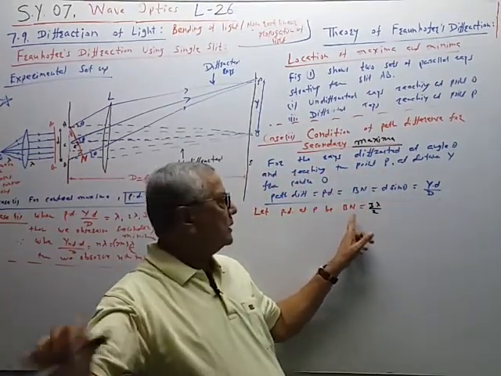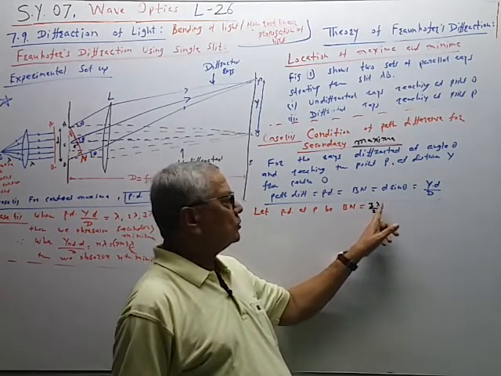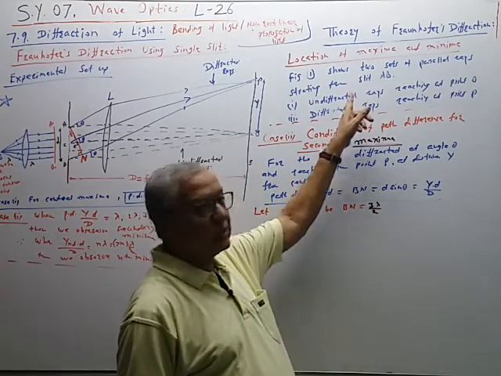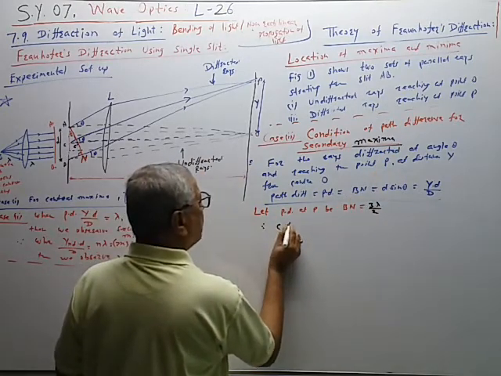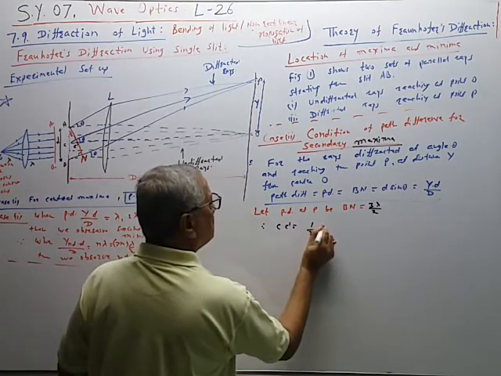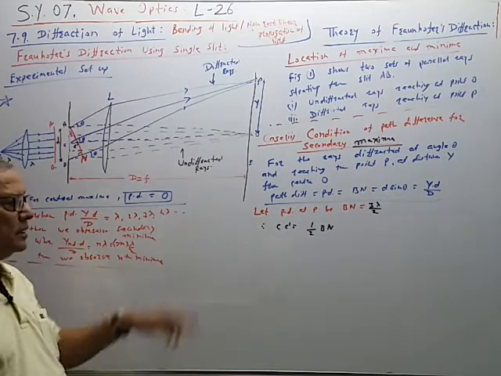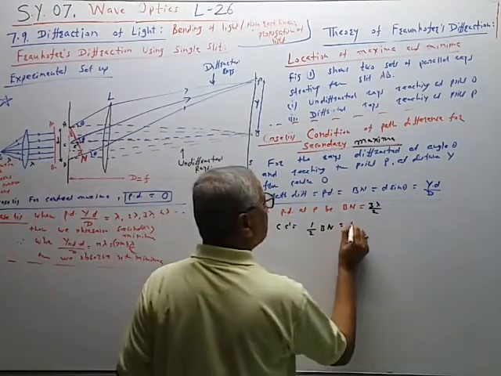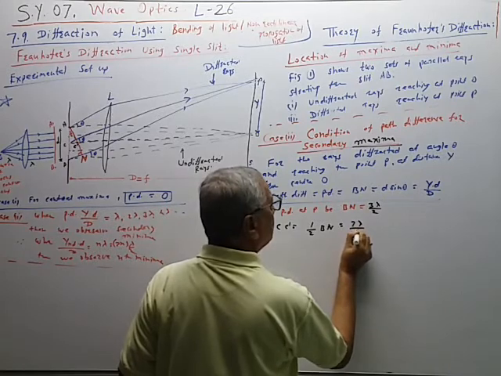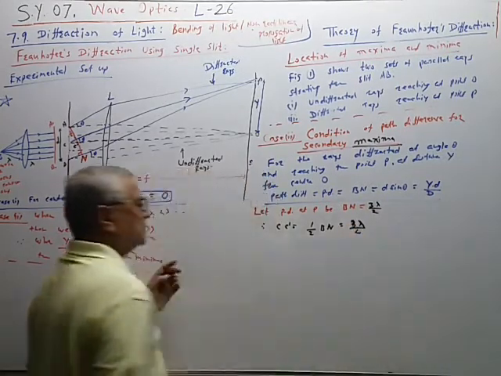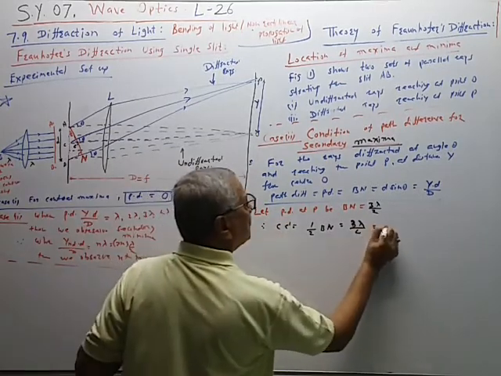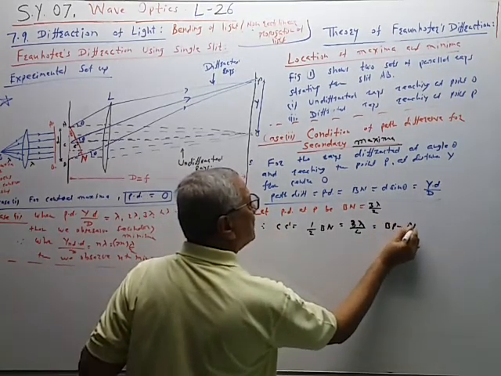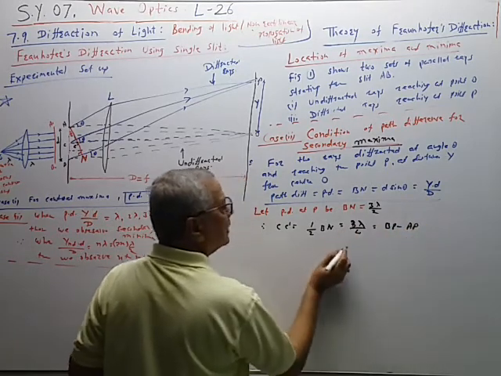So here we will assume that let the path difference at point P is equal to 3 λ/2. म्हणजे आपण 0 ची केस बघितली, λ ची केस बघितली, तर आता 3 λ/2 ची केस आपण बघतो. Therefore CC dash, just now we have proved this equation by using the property of similar triangles. So CC dash is equal to 1 half BN, so that is equal to 3 λ/4 like this. So path difference between the waves from A and B reaching at point P is this. Therefore BP minus AP is equal to 3 λ/4.